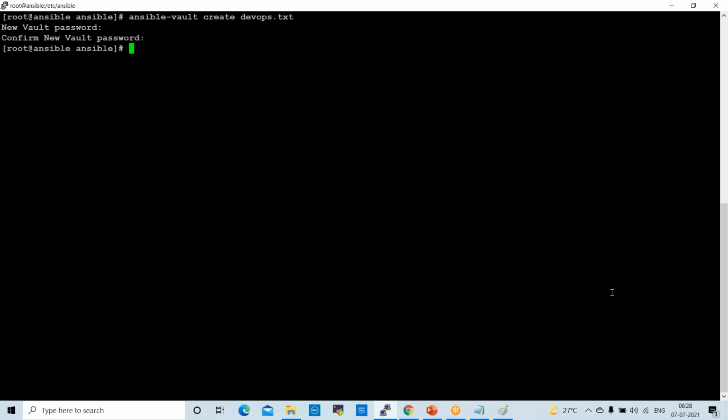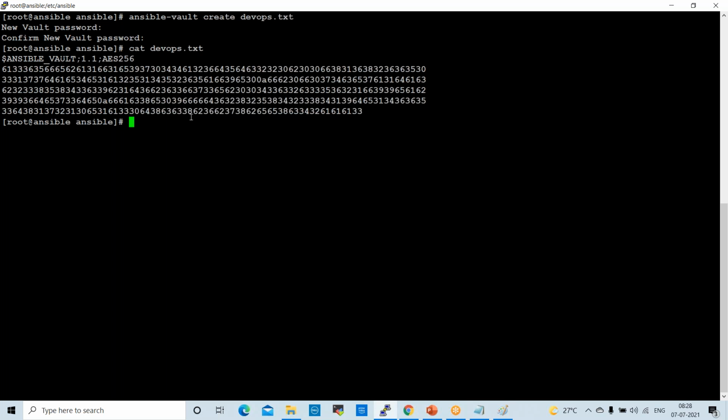Now, devops.txt, one file created, right? Inside of this, I save some playbooks, for example. If anyone wants to read this data, how will they open this? Using cat, right? Cat devops.txt. What is it showing?